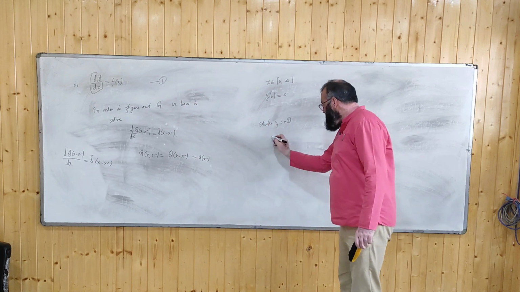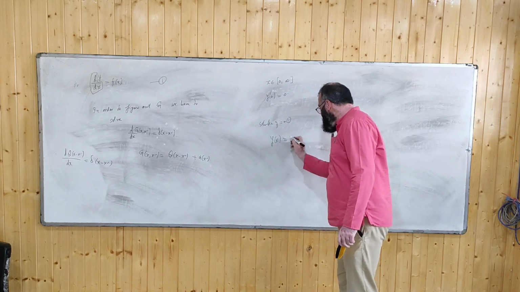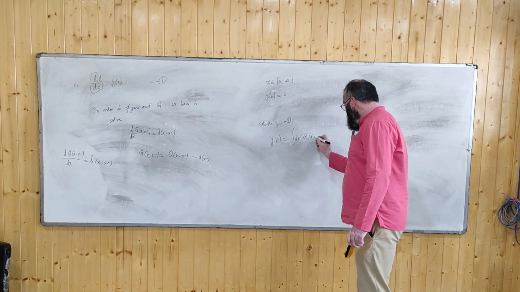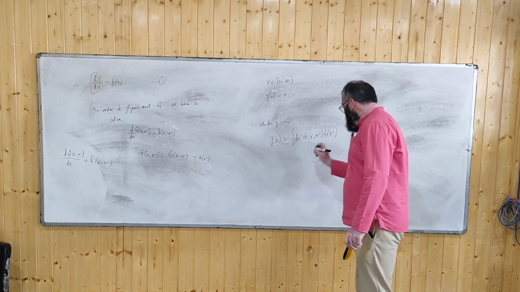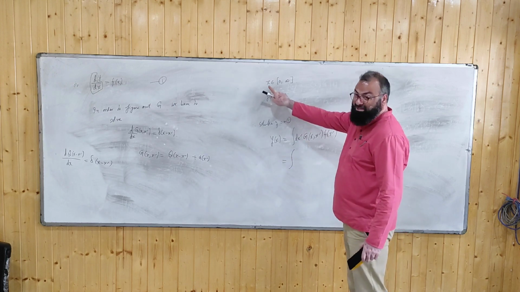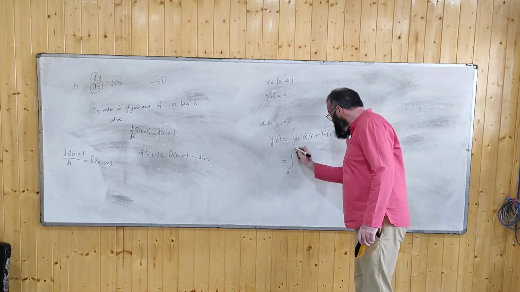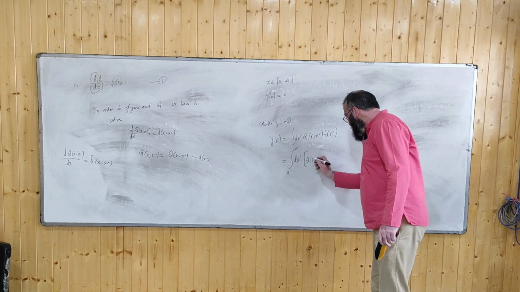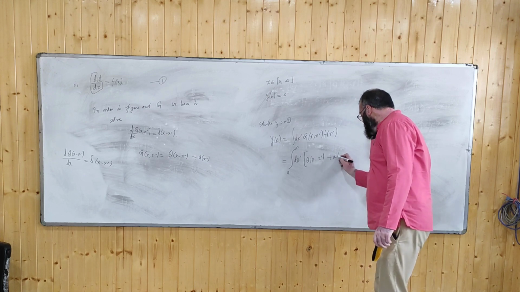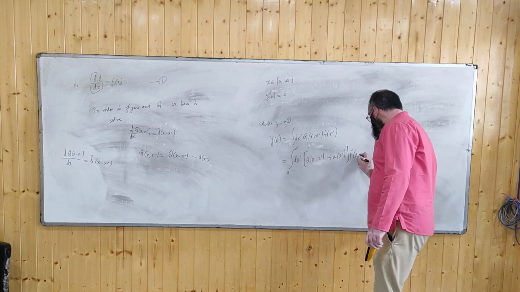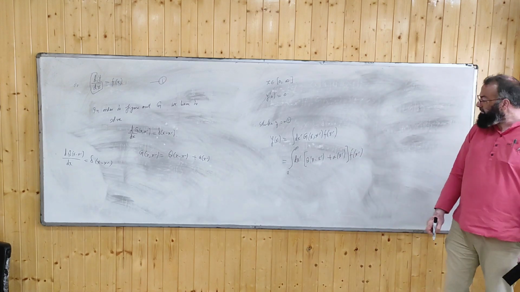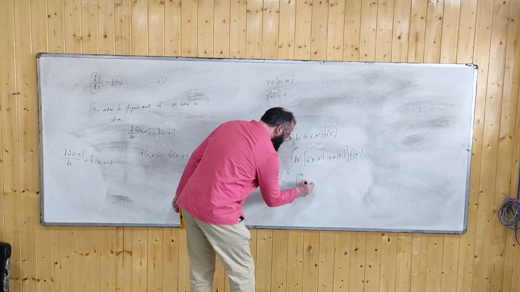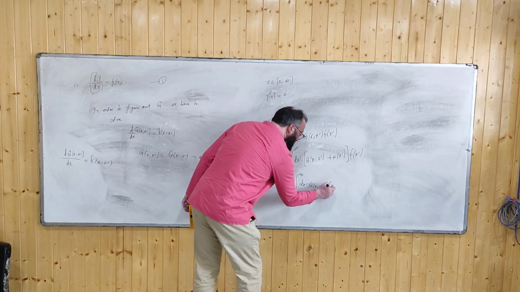What is the solution? It will be simply y of x equal to the integral dx prime g of x prime f of x prime. Now tell me what the limits are. x goes from 0 to infinity, so it is 0 to infinity. What is g of x prime? It is theta of x minus x prime plus alpha of x prime. So it is the integral from 0 to infinity of g x prime, theta of x minus x prime, f of x prime,